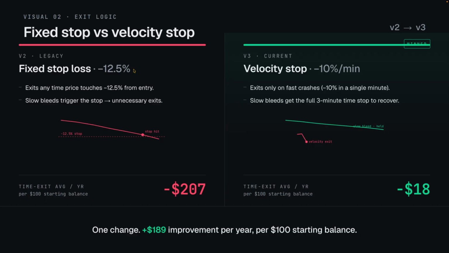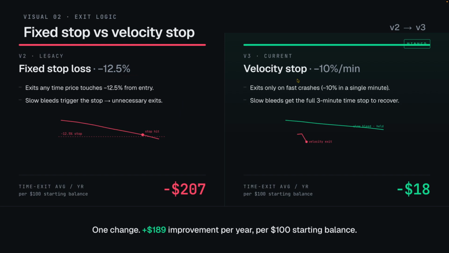So whenever the position goes against us, negative 12.5%, we're going to stop, sell the position, and get out, being able to recoup as much capital as possible, right? So we exit any price touches that is negative 12.5, and slow bleeds trigger the stop loss. These are unnecessary exits. So what I notice is that, all right, instead of having these fixed stop loss, I